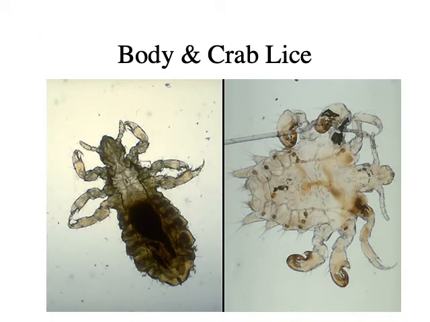Crabs and lice. I think the one on the right really looks like a crab. It's just awful. These are bloodsuckers, so they tend to be pretty obnoxious, and I just think they kind of look like little insects. And so when we talk about treating them with insecticide, that's why.